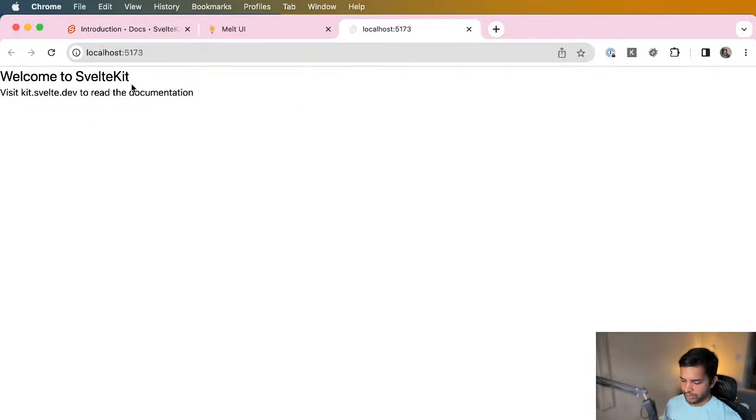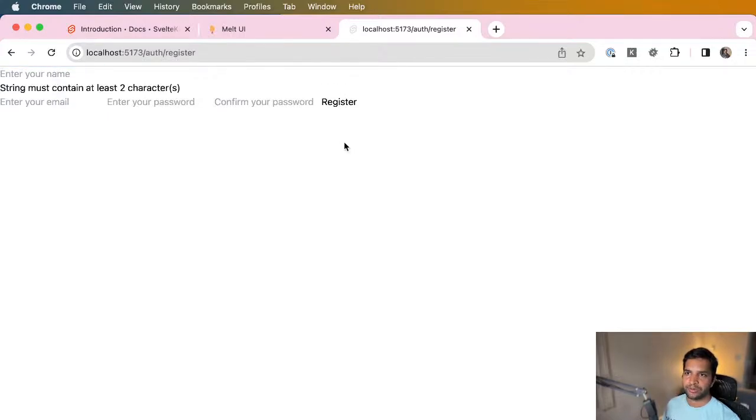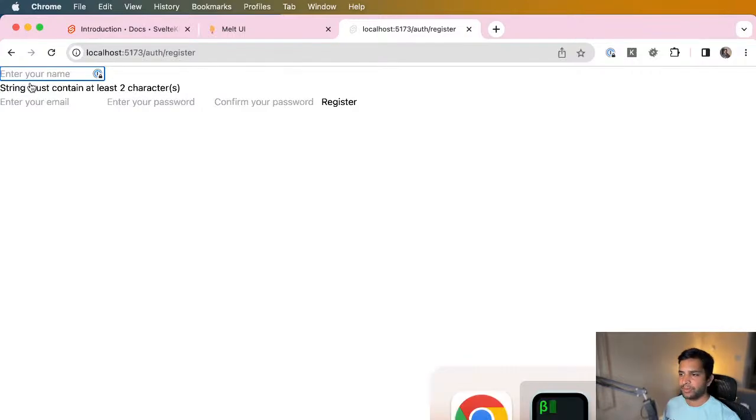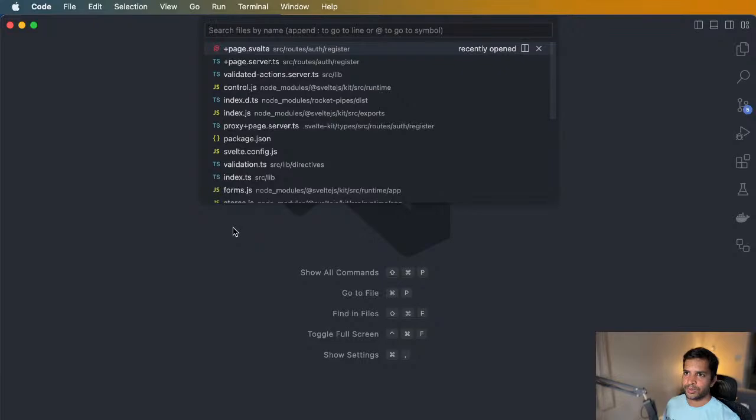Okay, we were here, we were in auth register, we had this ugly looking form. We were trying to validate, but it wasn't working after submitting, but now it does. See, it's gone. If I delete, it's here. The way it now works is that if I go to page